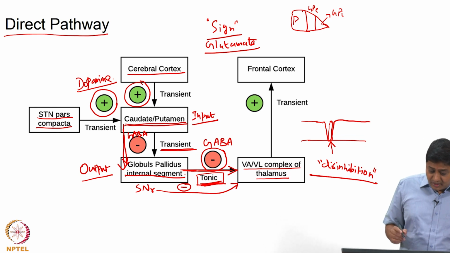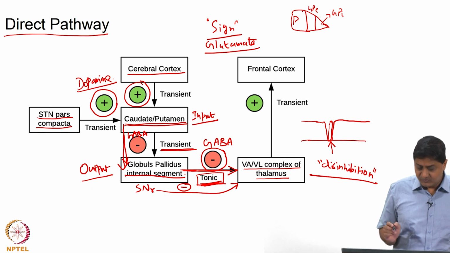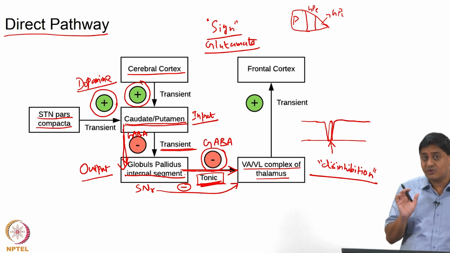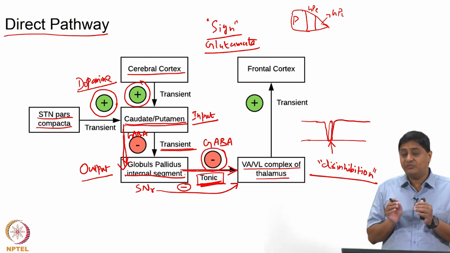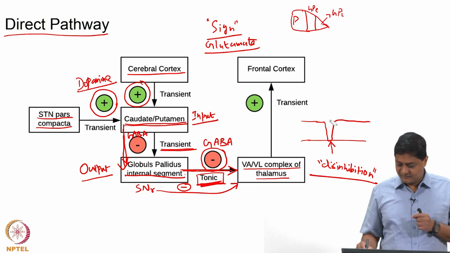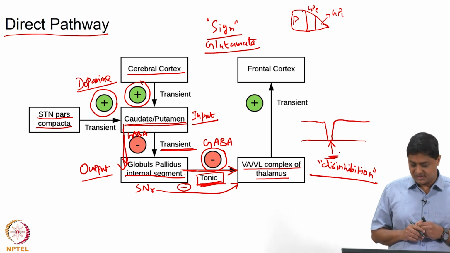Okay. So, once again let us go through this. This is the reason we started by explaining the tonic inhibition of the GPI neurons. GPI neurons providing tonic inhibition to the thalamocortical neurons is the most crucial element that you should remember. If this tonic inhibition is halted briefly, that means there is going to be disinhibition, like it has been shown here, right. And this inhibition is caused by inputs coming directly from the striatum to GPI.